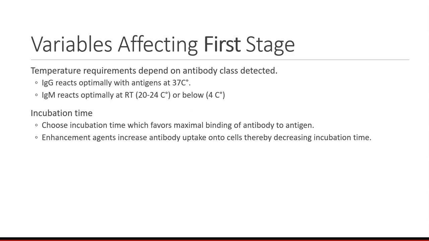So if I tell you we're testing this serum cell mixture at 37, you will know I'm looking for an IgG class antibody. If I tell you to perform the testing at room temperature, then you know I'm looking for an IgM class antibody. The incubation time, you want to choose an incubation time which favors maximal binding of antibody